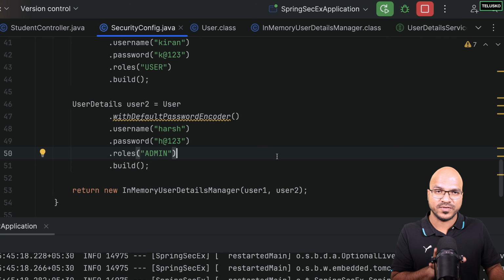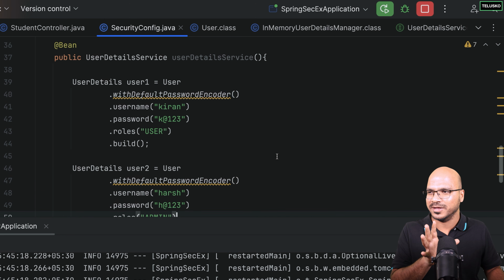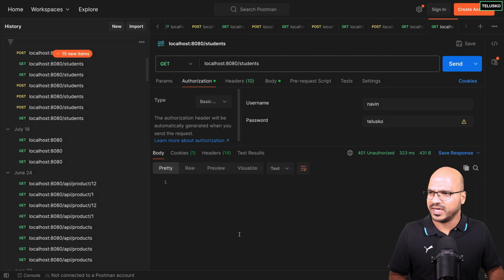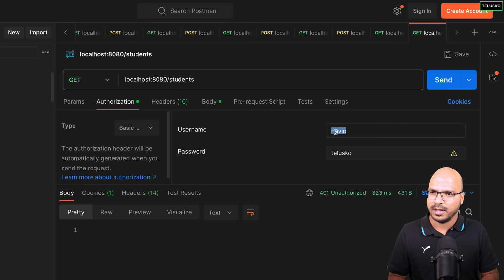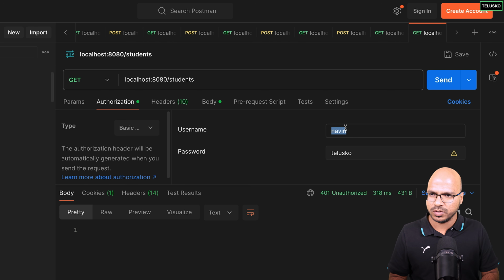Okay, still till this point, we have not connected with database. Okay, we are still trying to understand how do we customize stuff. Okay, let's see if this works. Let's restart the application. We can use browser, or maybe I will just try to do that with the Postman. This time I will go for Naveen and Telusko. It should not work. And if I use Kiran and the password is